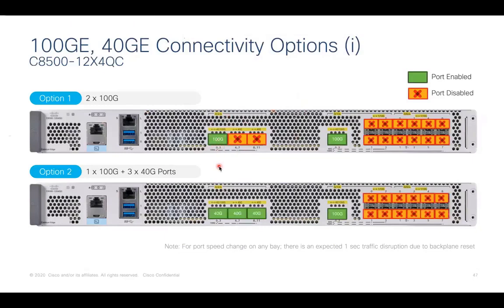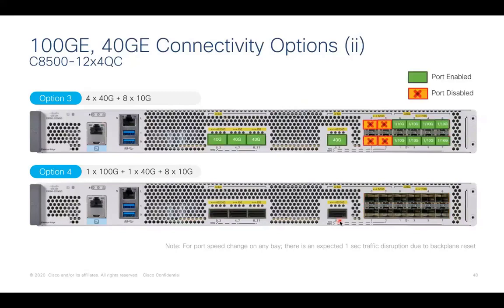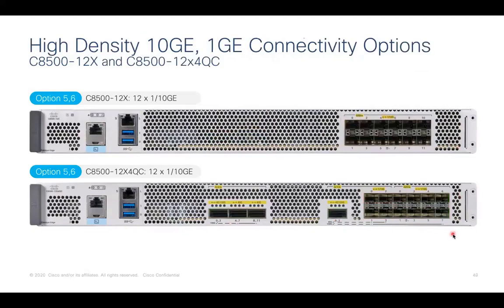If you want to use it in 100 gig and 40 gig mode variations, you can have 340 gigs and 100 gig port. If you want 440 gig interfaces, you can have all the QSFP ports used in 40 gig, but you still get 8 10 gig interfaces apart from this in Bay 0. In the fourth option, you get all the speeds. You get 100 gig in Bay 2, 40 gig in Bay 1, and 8 10 gig in Bay 0. Lot of flexibility there. Even when the platform is not modular, you still get a lot of choice in terms of how you can consume the ports.